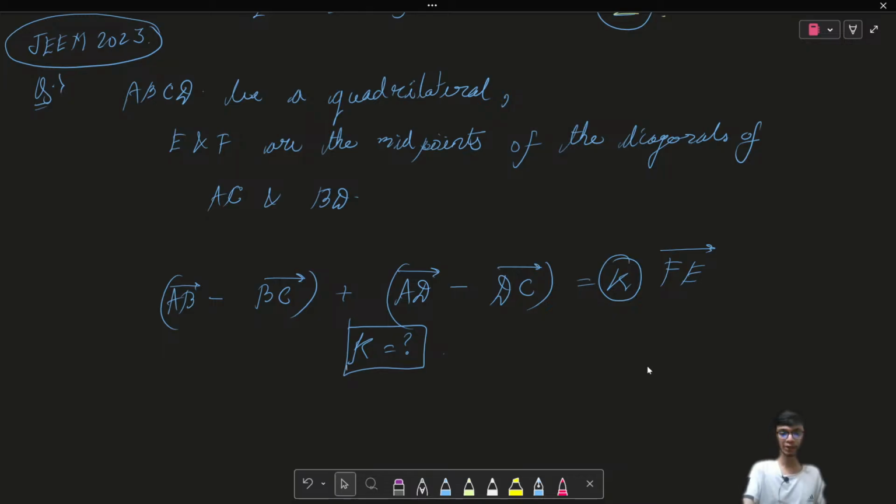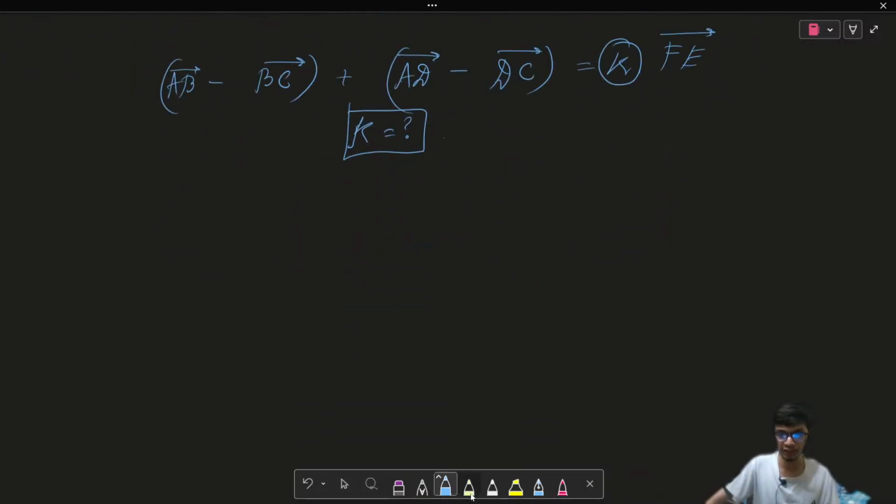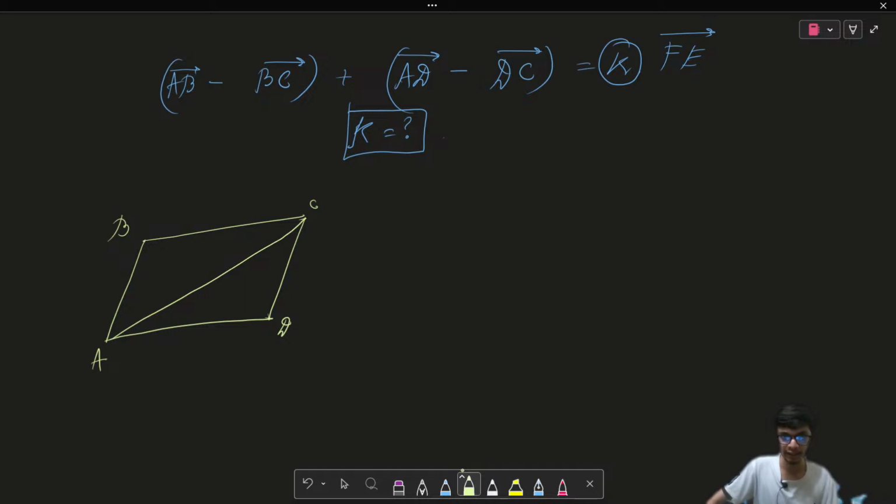All right. So let's try to see the solution for this problem, right? Given in this problem that I have ABCD as some quadrilateral, right? So let's try to draw the quadrilateral as follows: A, B, C and D, and the diagonals are AC and BD as follows, right? So if I have this setup,